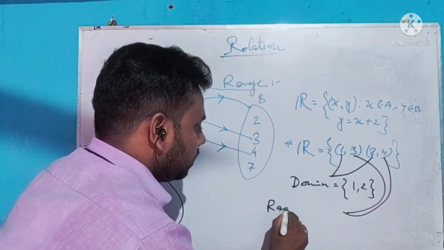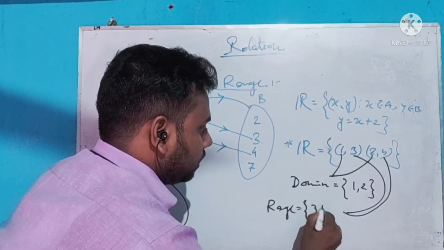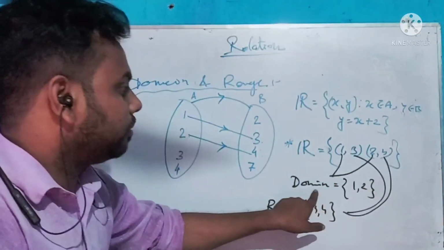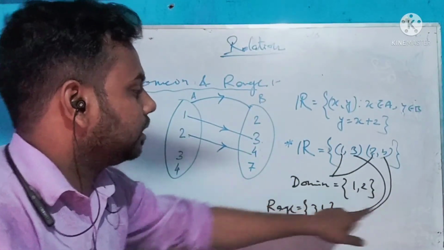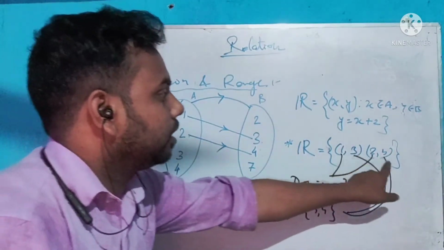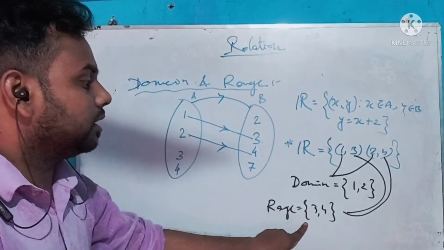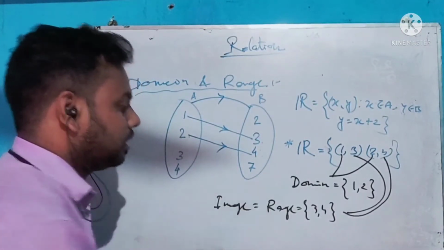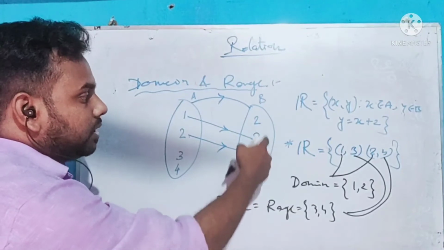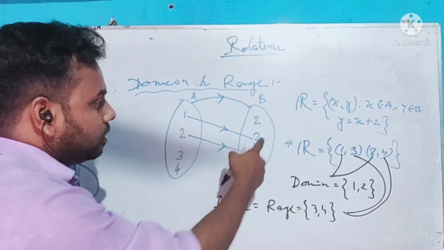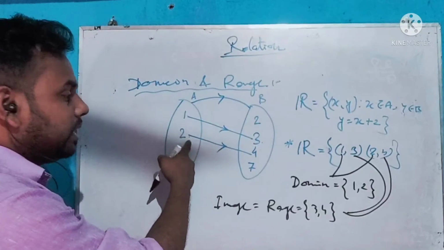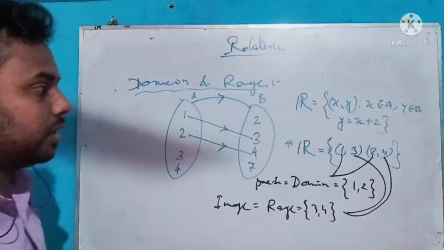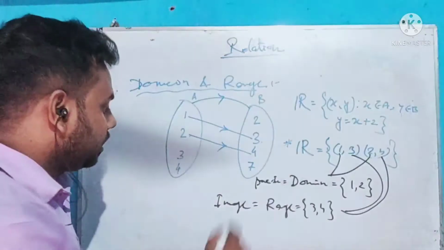represent the range set, 3 and 4. So in these ordered pairs, all the x's represent the domain. If we put all the x's in a set, it represents the domain set. If we put all the y's in a set, it represents the range set. The range set is also called the image set. As I told you previously, these two are images and these two are pre-images, and the pre-image set is also called the domain set. Okay, so domain and range, is it clear? Then what is codomain?